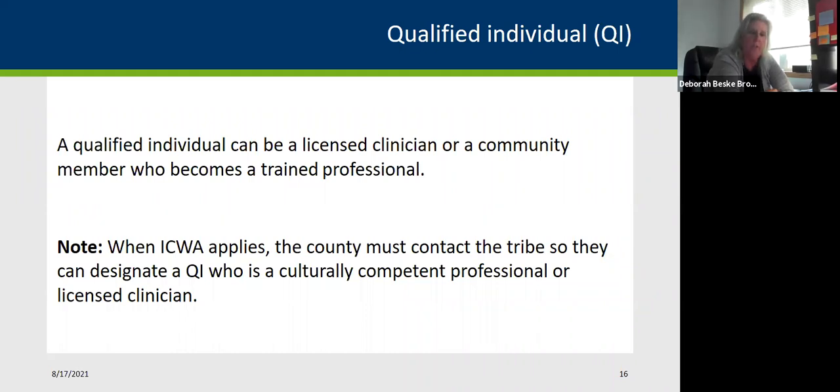A qualified individual may be a licensed clinician or may be a community member who becomes a trained professional by attending the qualified individual training that is going to be offered by the Child Welfare Training Academy. Both the licensed clinician and the community member must complete that training in order to be a qualified individual in the state of Minnesota. The reason for that is the training provides information about the role of the qualified individual, as well as a certification on the CANS that Tendai just went through,